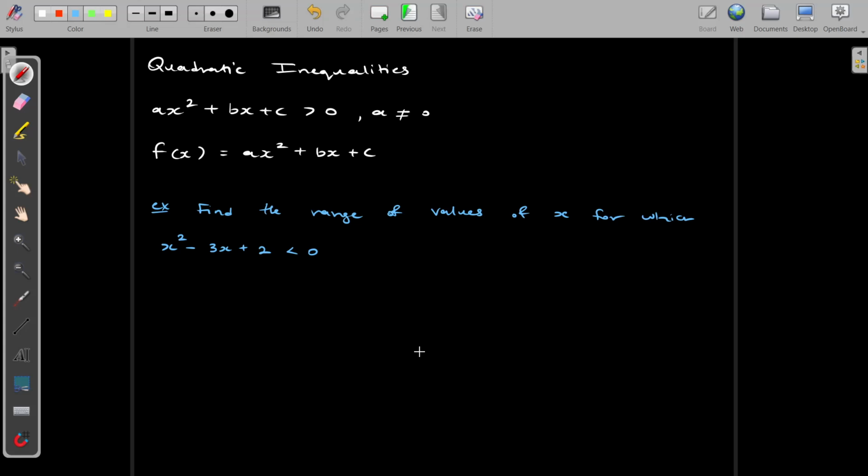So we need to find the range of values of x for which x squared minus 3x plus 2 is less than 0. So now,